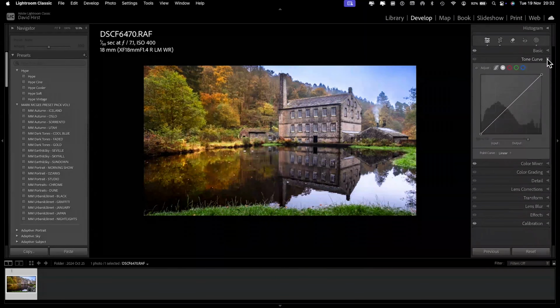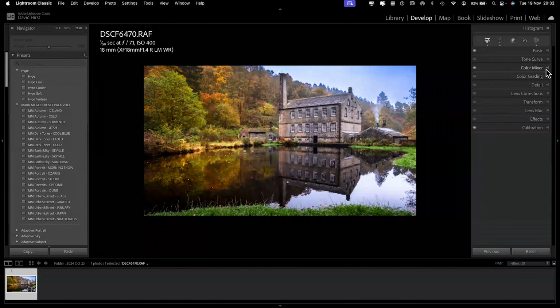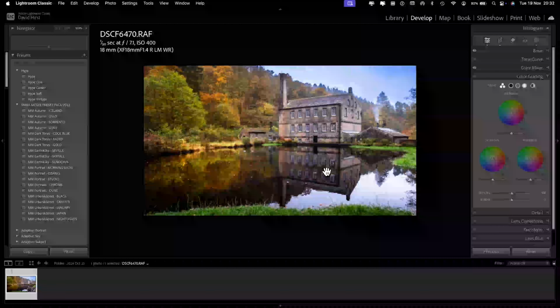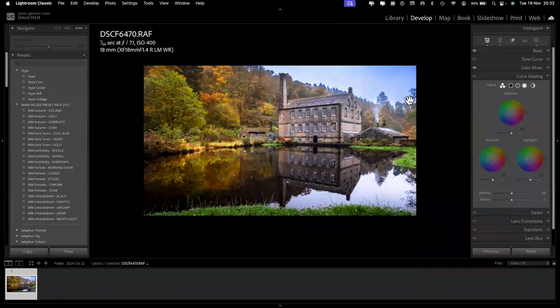There's lots of stuff. There's your tone curve we can look at. We've looked at the color mixer. Color grading, a lot of people make the shadows a little bit blue and the highlights warm, or warm the shadows up. You can do that in here. We've talked about detail. I don't do any detail work, it's normally defaults at 40. The amount of sharpening is about 40. I don't do any sharpening at this stage,